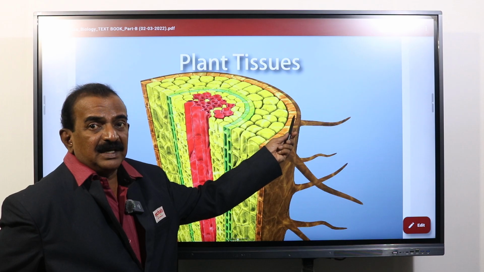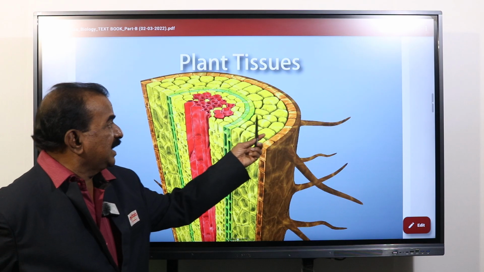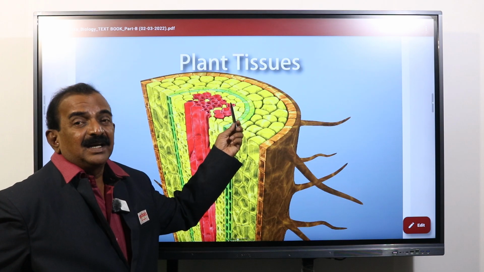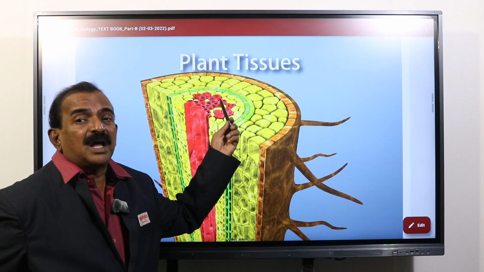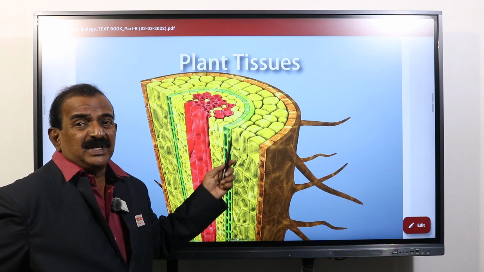This is the epidermal layer, and you see the cortex, again you see the endodermis, and you are seeing the presence of pith, and also you are observing the vascular bundles which are situated at